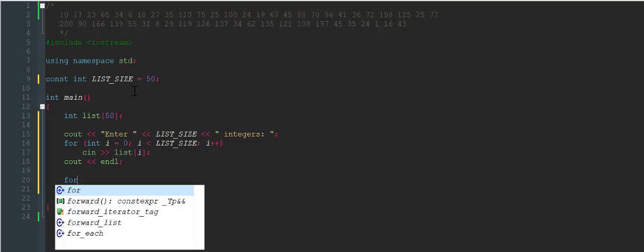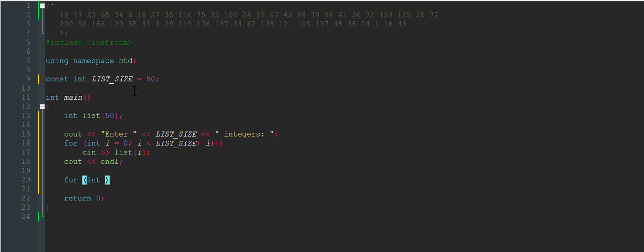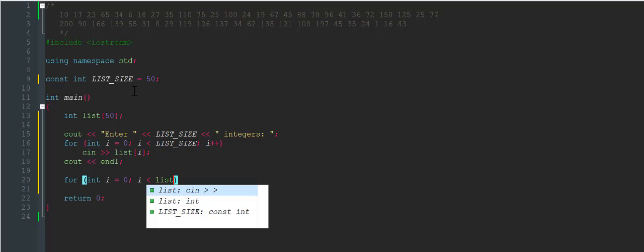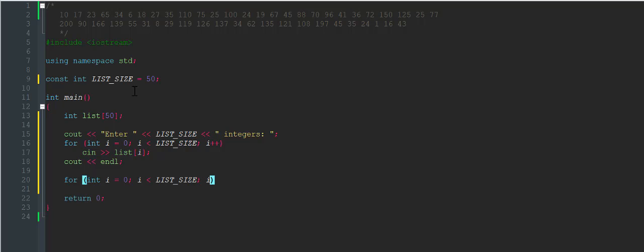Anyways, now that we're done with that, we can now go to for int i is equal to 0, i is less than list size, i plus plus, cout list i, which is equal to list i is the sum of